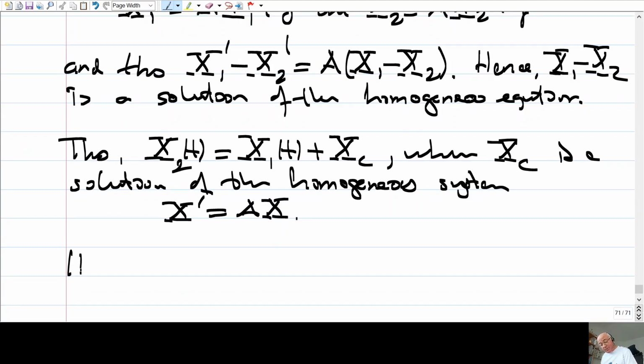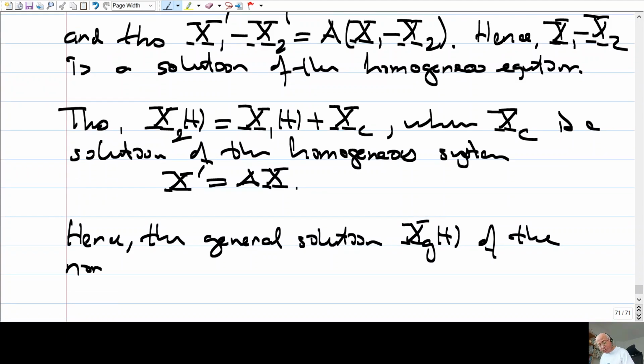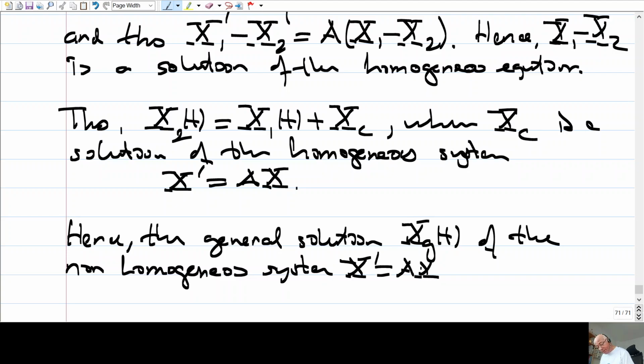So hence the general solution xg, let's say G stands for general, of the non-homogeneous system x prime equals ax plus g, has the form